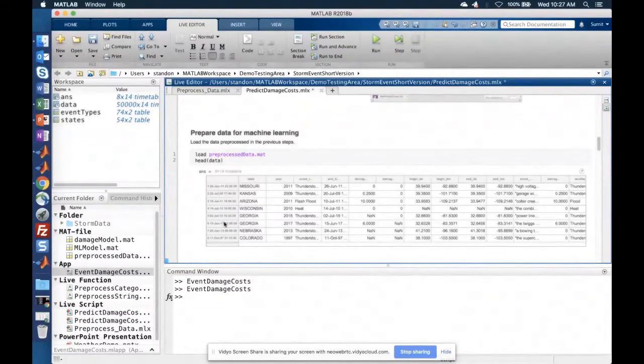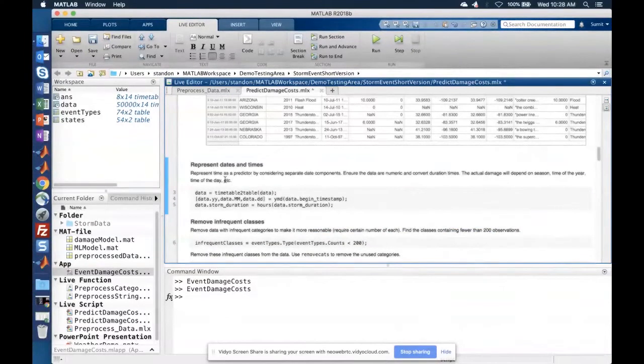So we have time information. It's a timetable with the time information as the first column. Then we have the state, year, event type, damage information, and so on. So once I have the data, the first thing I do here is to split the time information into year, month, and date, because this is temporal data, but the actual amount of damage that a weather event can cause will depend on a lot of factors.